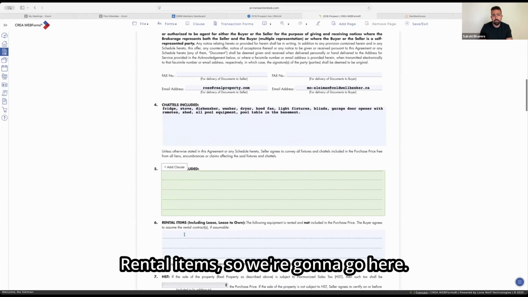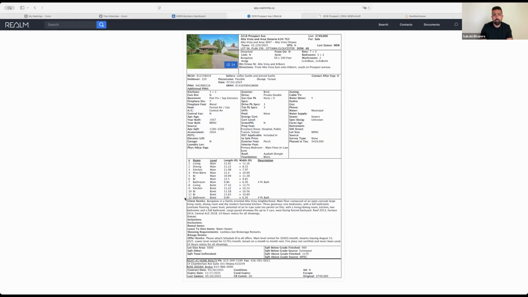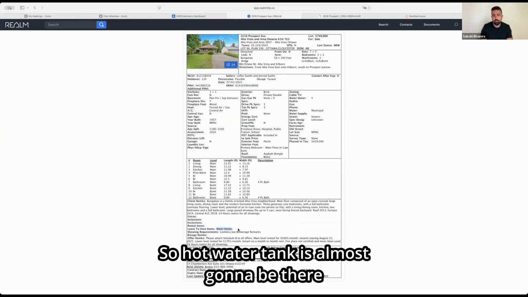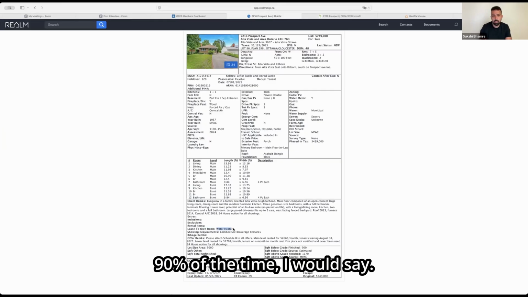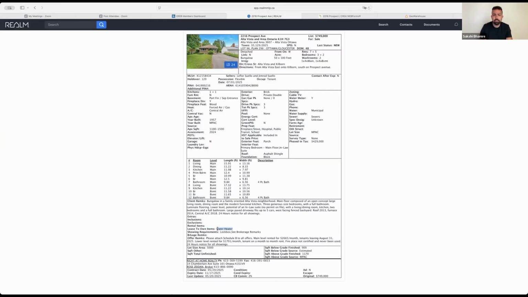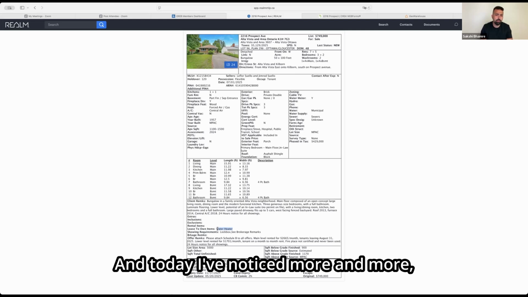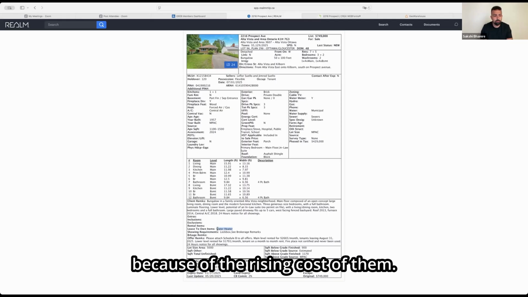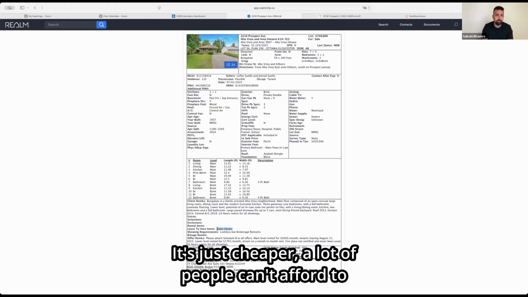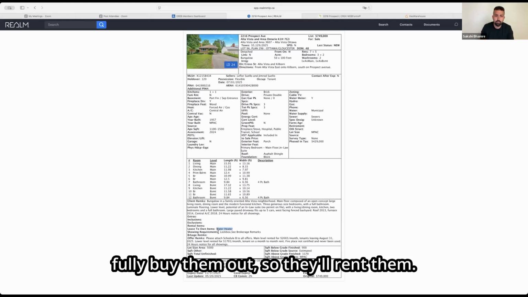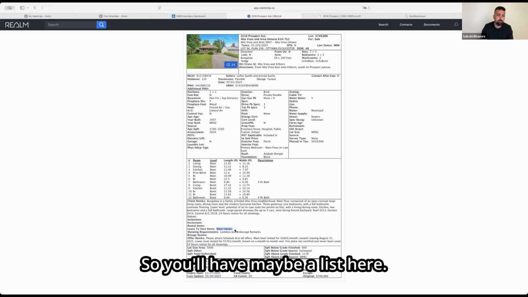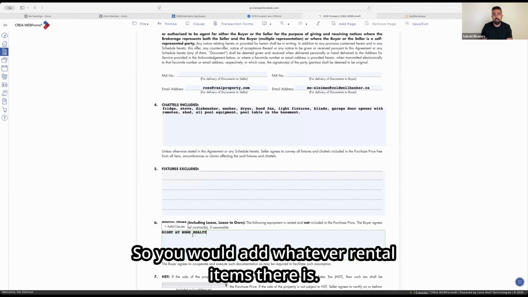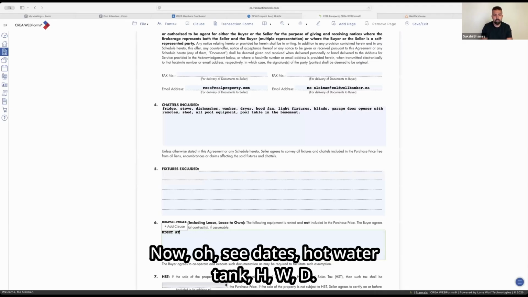Rental items. So we're going to go here. Hot water tank. So you've got lease to own items. Hot water tank is going to be there 90% of the time, I would say. And today I've noticed more and more we're also starting to see AC and furnace because of the rising cost of them. It's just cheaper. A lot of people can't afford to fully buy them out, so they'll rent them. So you'll have maybe a list here. You would add whatever rental items there are. Now, see, hot water tank,